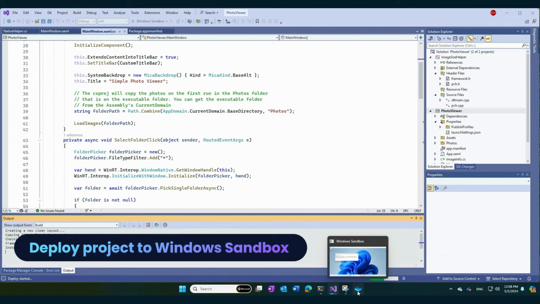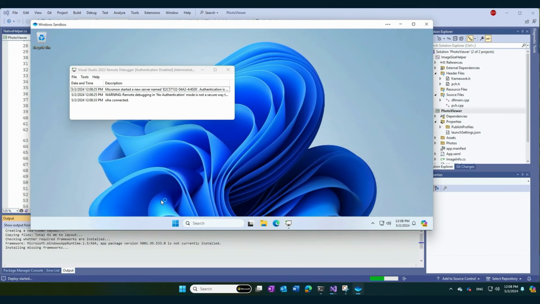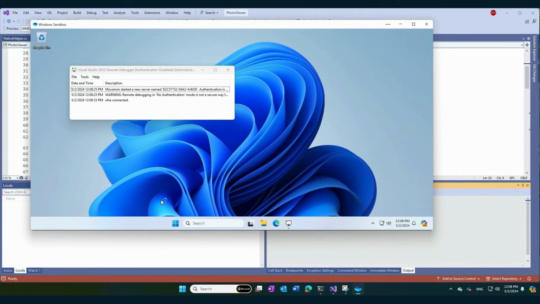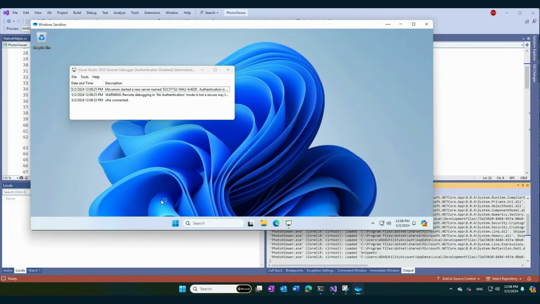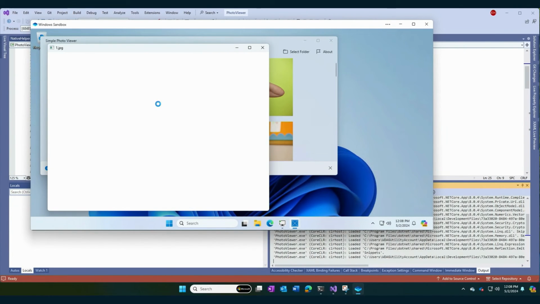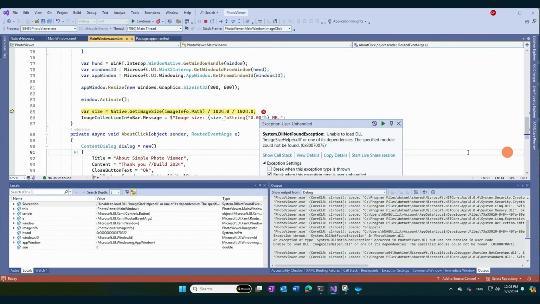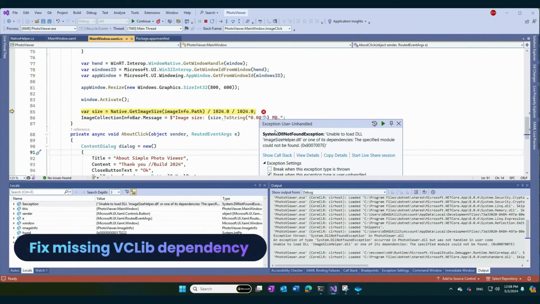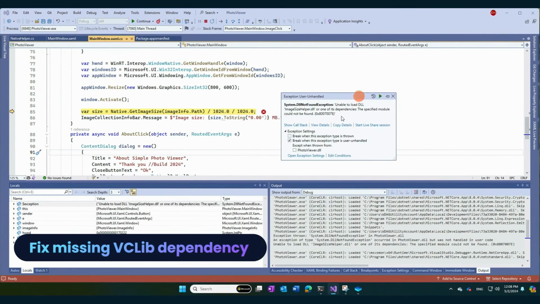So once we get into there, you'll see that the project gets deployed to the remote device, and it appears to come up properly in just a second. But then once I click to retrieve the file size, there's an error. And so we run into a runtime error of DLL not found, meaning one or more of my dependencies is